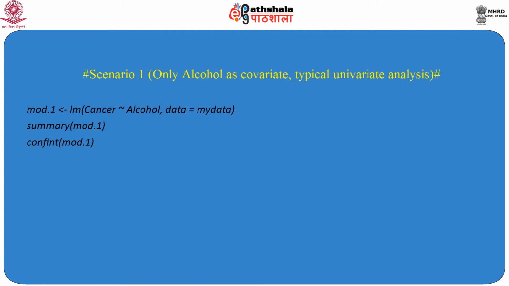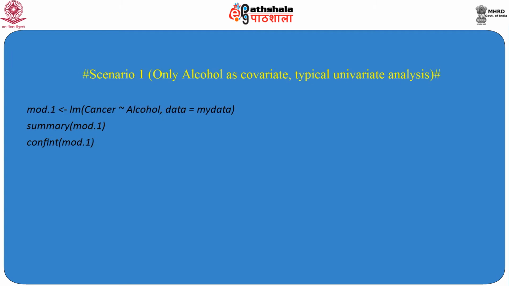We can find out the odds ratio, the contribution of alcohol on cancer, and if the odds ratio comes out more than 1, then we can easily infer that alcohol consumption is contributing to cancer. But here, in addition to that, we are also doing modeling, considering a linear model. We use the lm function for the data set, data equals mydata, and assign it as mod.1.